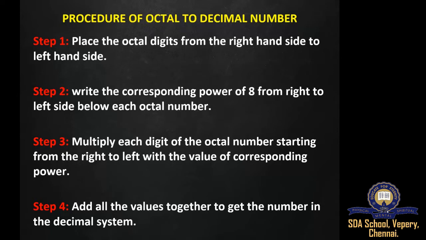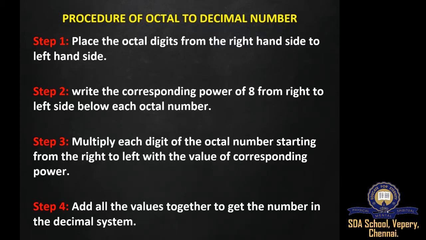We already know that if we want to convert from one number system, decimal, binary or octal, to another number system, we have 4 steps. And we are familiar with these 4 steps. We have already learnt them in the conversion of binary number to decimal number. The same 4 steps with small changes we are going to learn in this conversion, that is octal to decimal number system.